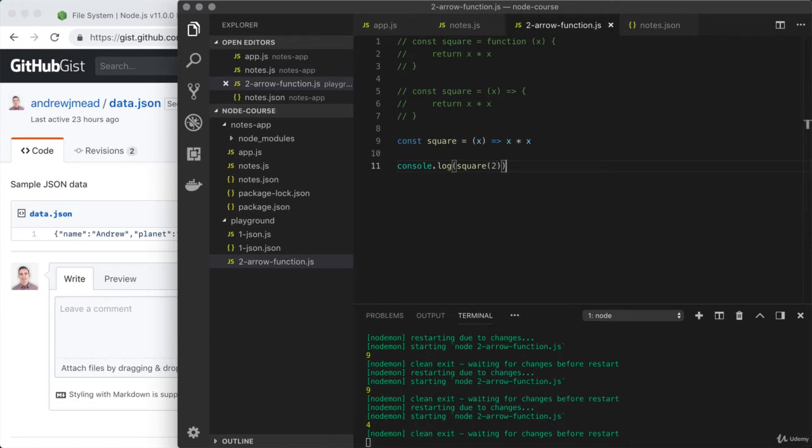Now, you're not going to be able to use this shorthand syntax for every arrow function you create, only for simpler ones where you immediately return some sort of value. If you have more complexity to your function, such as an if statement or a for loop, you would indeed use the long form version where you set up curly braces and add as many lines of code as you need right inside. So sometimes we'll use standard arrow functions, and if we can, we'll take advantage of the shorthand